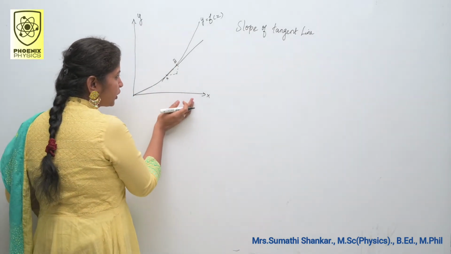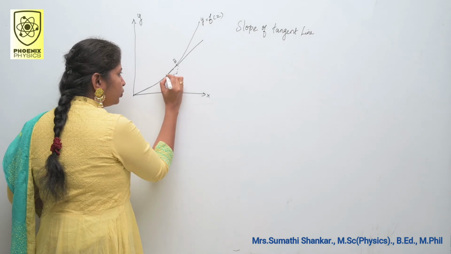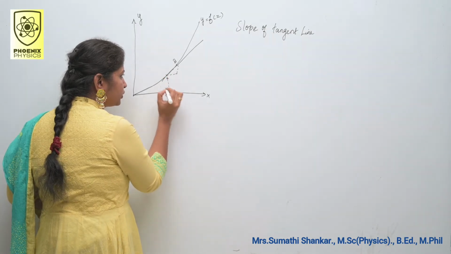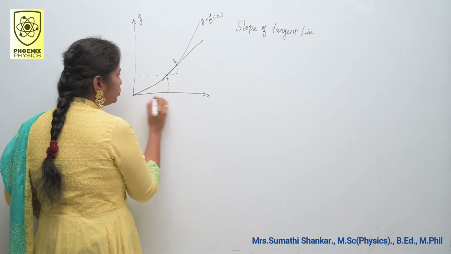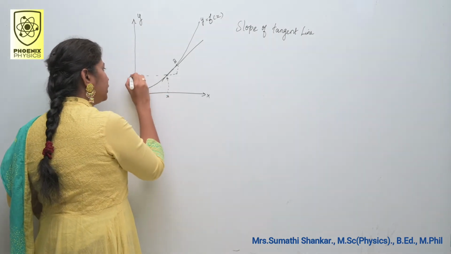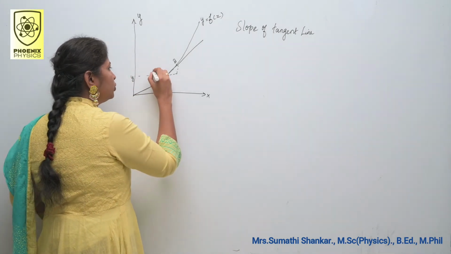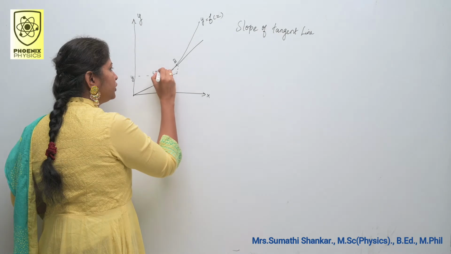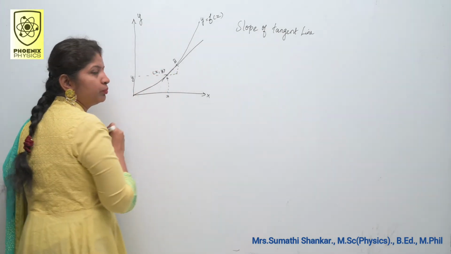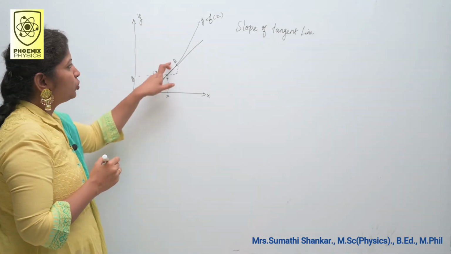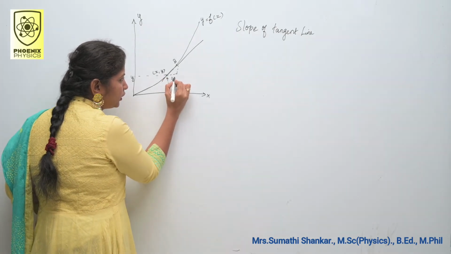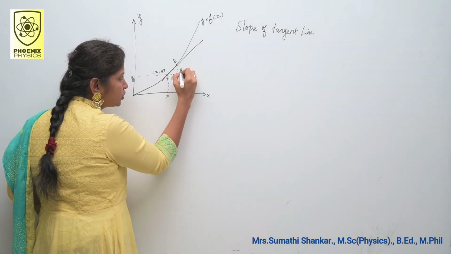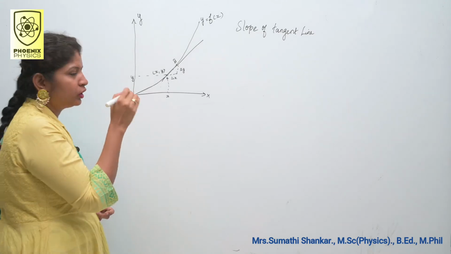So this is my x-axis. So you draw one perpendicular line to the x-axis and a perpendicular line to the y-axis. So up to this distance is x and up to this distance is y. So you can easily mark the coordinates as x comma y. Okay. Then what about B? This distance is delta x and this distance is delta y. I hope you know that.